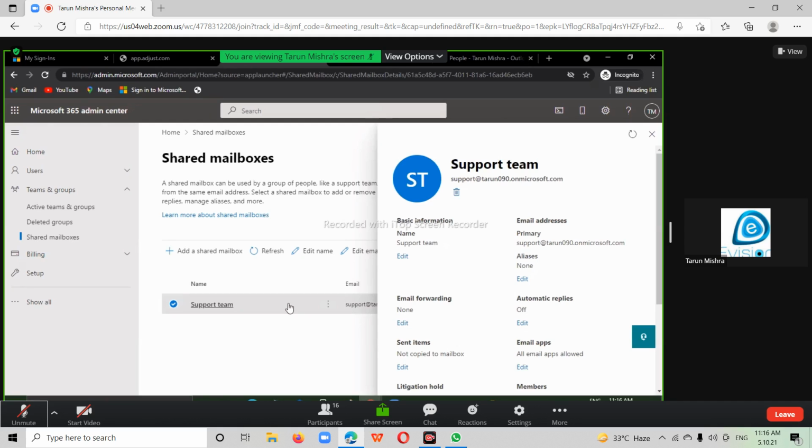That's why I have my own mail ID, you have your own mail ID, but we have a support team, a help desk team, a server team, an IT team. So every team has a shared mailbox. Means there will be a single mailbox that will be shared by every person under a particular team, under a particular group. I think guys, this is the meaning of shared mailbox.